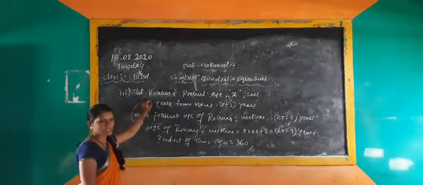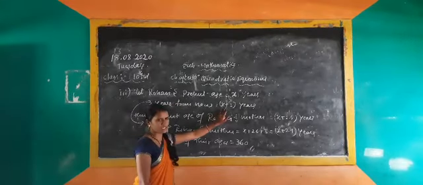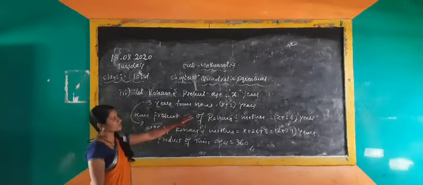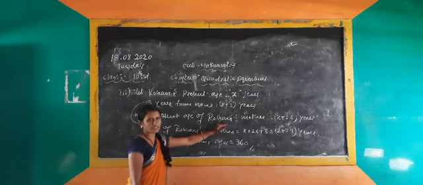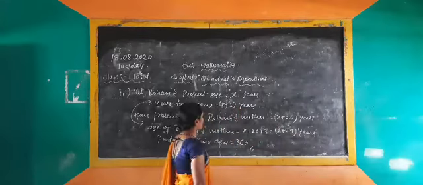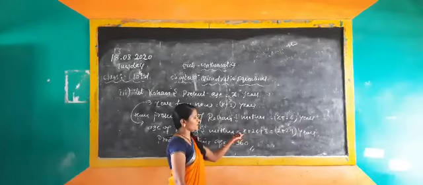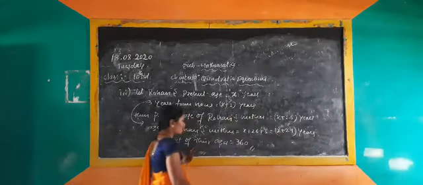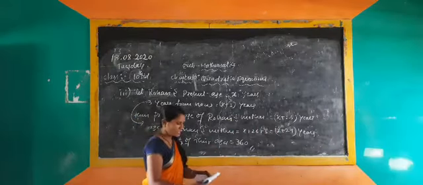Here you have to find Rohan's present age. That's why I have taken x. 3 years from now, that's why I take x plus 3. 3 years back means you have to consider x minus 3. From now they said, that's why you have to take x plus 3. Afterwards, the present age of Rohan's mother. They said present age, so you have to consider x plus 26 years. 3 years from now means you have to add plus 3. 3 years back means you have to do the minus. x plus 26 plus 3 will be x plus 29 years. Here again another clue: the product of their ages is given as 360.